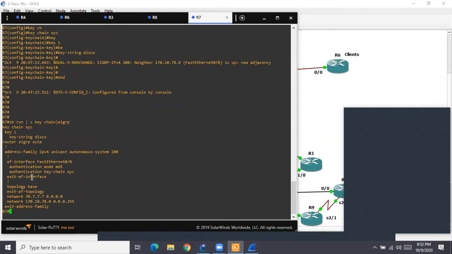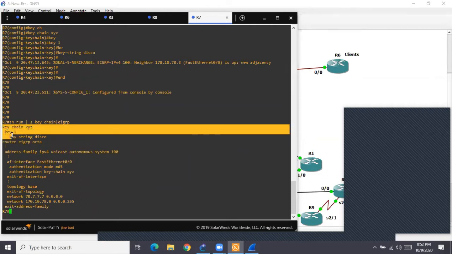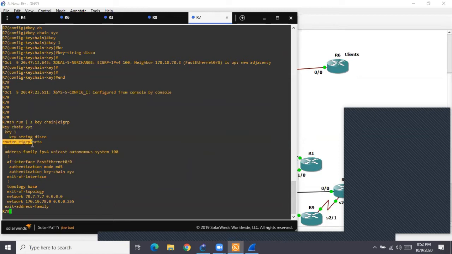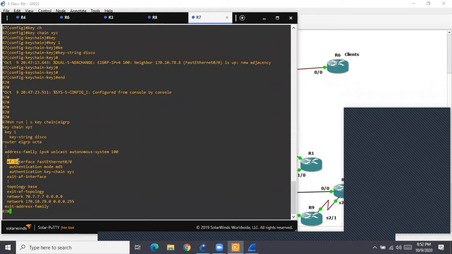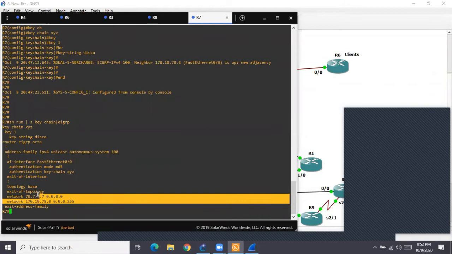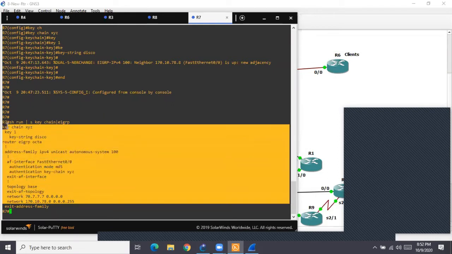And there you see keychain, key ID 1, key string disco. Then I went into router EIGRP, defined this, address family this. I went inside address family AF interface FastEthernet, authentication mode I specified MD5. I applied this keychain over here. Then I exited the interface. This is the EIGRP configuration. And they have become neighbors.